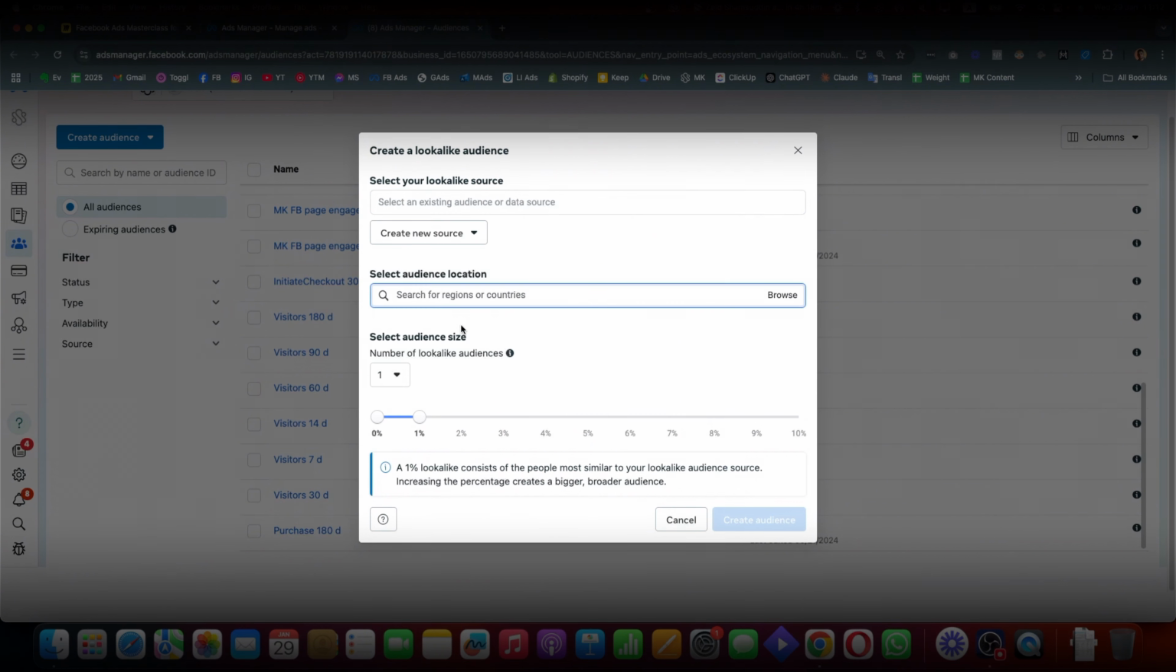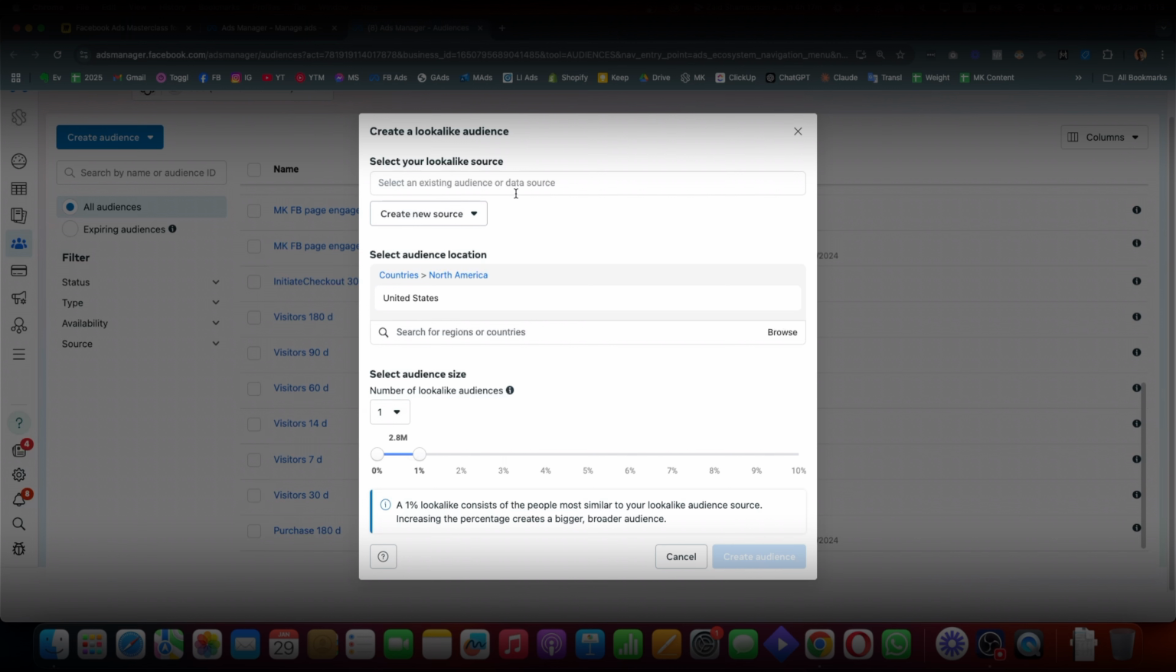of purchasers. Then you can select the region or country where you market, select the number of audiences that you want to create, select the percentage of the population. For best results, choose 1%. That's if you're targeting a large enough country or region. The USA is a big country, and so 1% of that population is still a pretty big